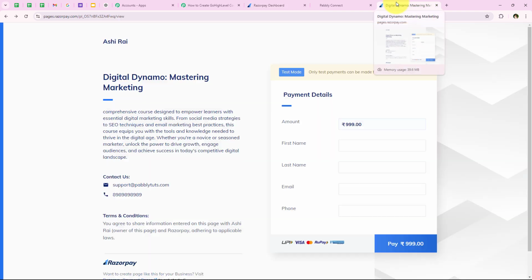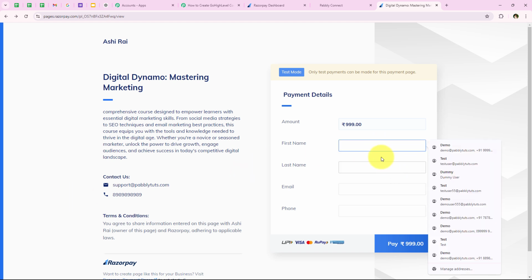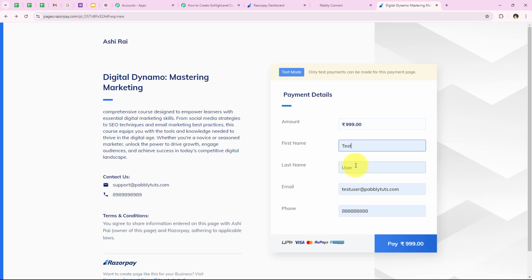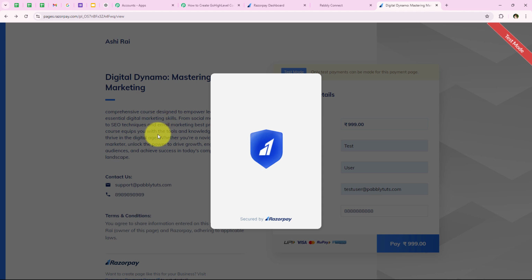So I'm going to open the page URL, and over here you can see the same. We are going to do the test submission with the new details this time. For the first name, I'm going to keep it as test only, last name as user, email as testuser@pabblytudes.com, and for the phone number I'm going to keep it as this only. And then we are going to click on pay 999 right over here and purchase this course with the help